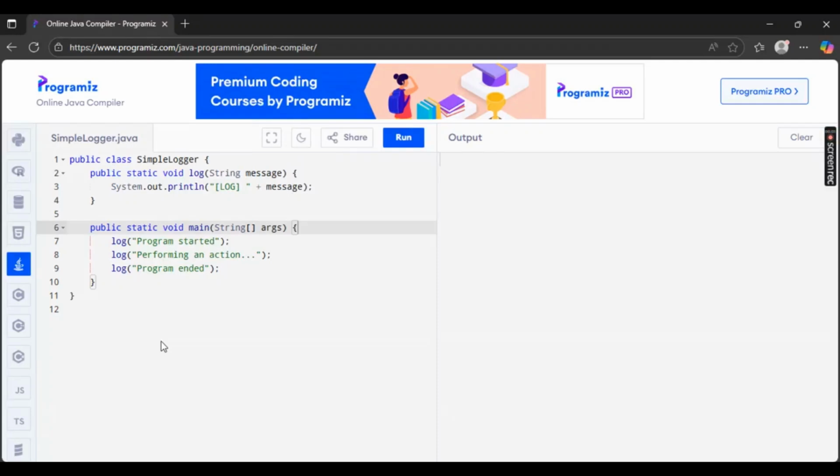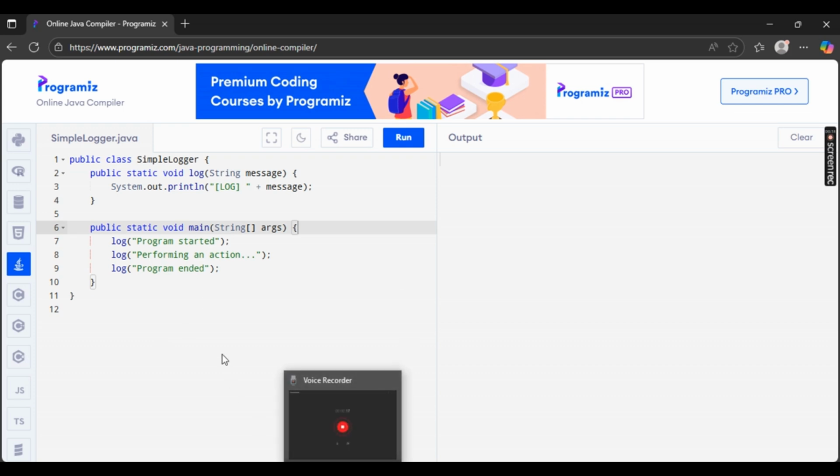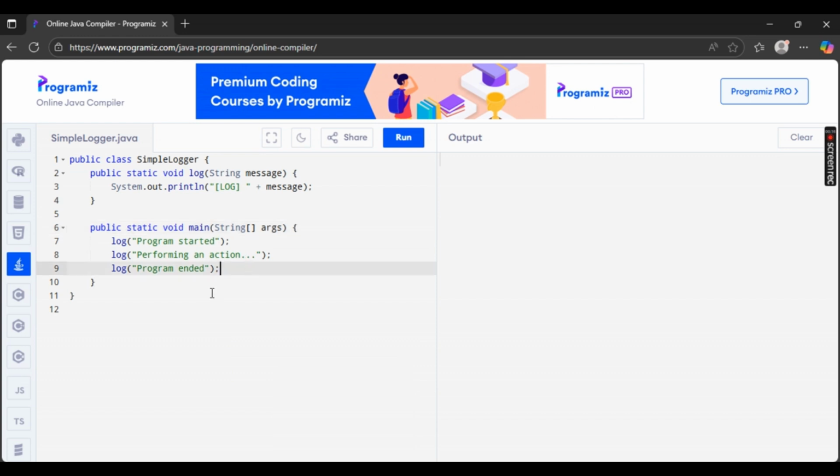Want to know how to create a super simple logger in Java? So, in this 10 code writer, we are just simply creating a small logger. A logger is basically used to print messages with a label, so we can track what's happening inside our program. So, we have made a class called SimpleLogger first, on the first line right here, and inside it,